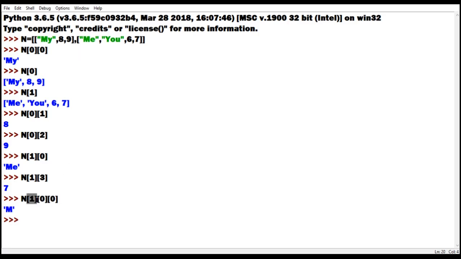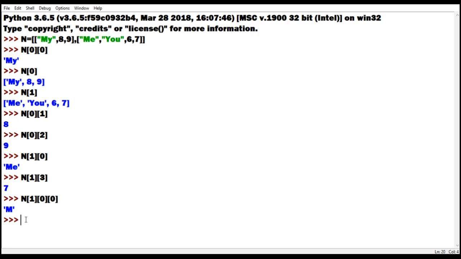First we'll talk about the first row. When I wrote first row here, I got this. That means we need to consider only this one. When I write 0, out of this, the 0 means complete this, "me". This one you can consider. That's why I have given an example. This first, this one, then this one, "me", and within that, again 0. So you are getting M.